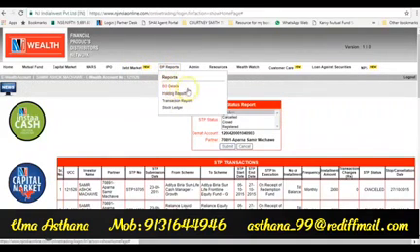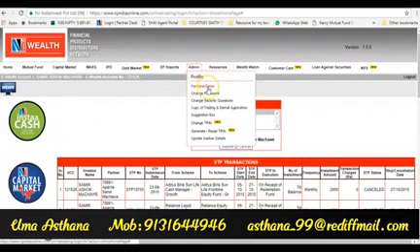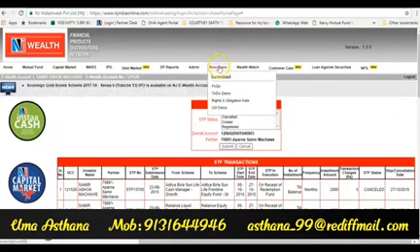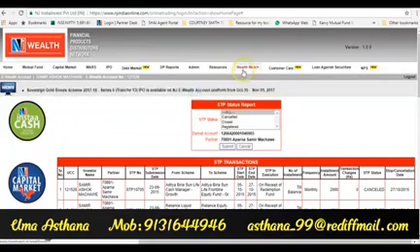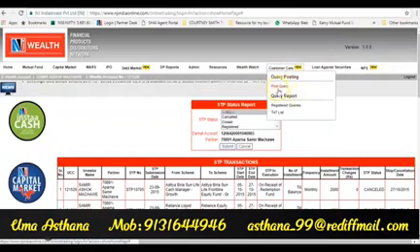DP reports, that is your holding report, transaction report, all are here. Admin, you want to change your personal details, change password, change security questions. So many things are available. You have your demat application, which is written here, available in soft copy form. Then there are other resources which you can go through at a later date to see how this works. You have Wealth Watch, a magazine you can read. You have customer care, where you can post a query and get information.